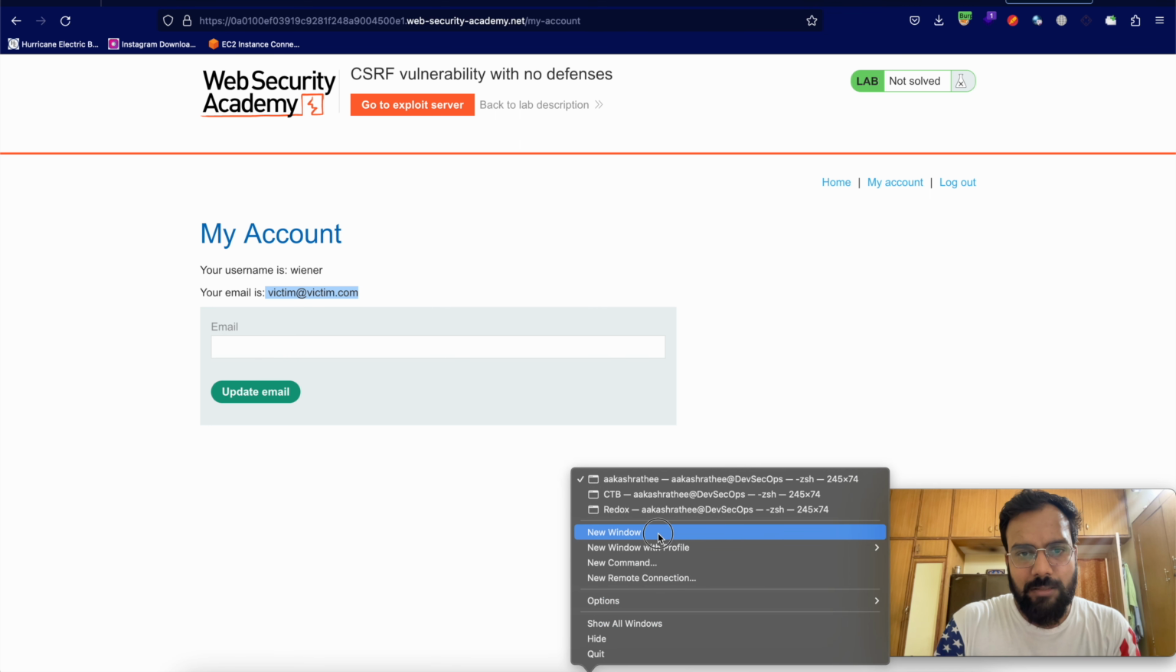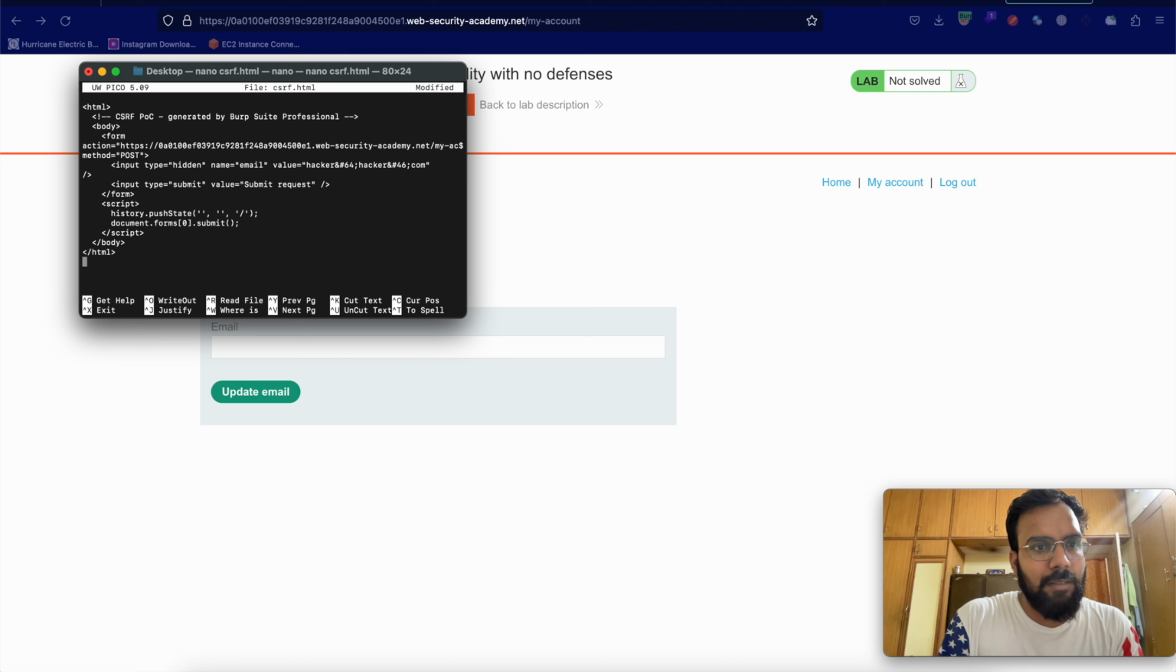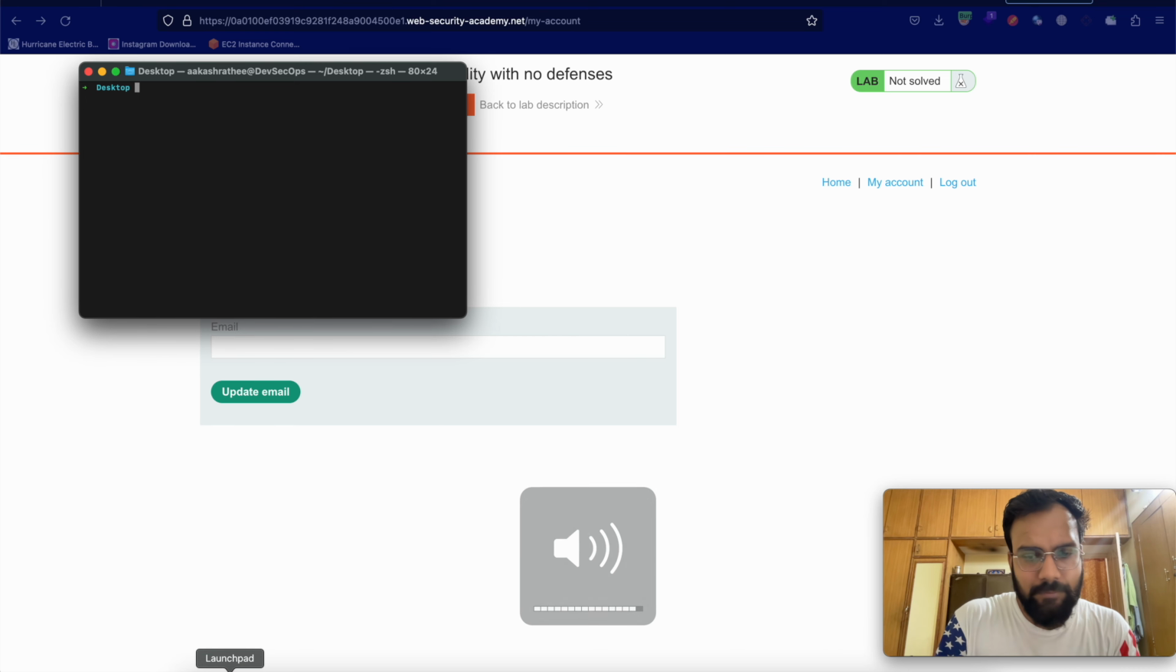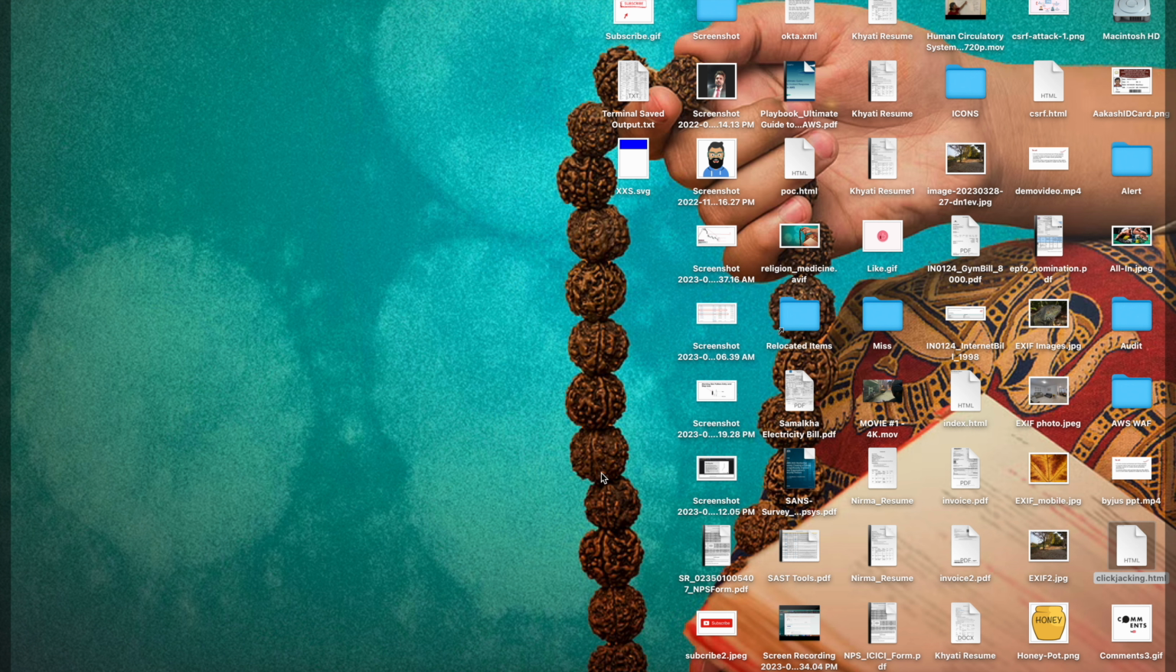okay, let's create a new window. Here, cd desktop, nano csrf.html. Let's remove this, I already have one POC over there. csrf.html, nano, control x. Okay, so now there will be one file on the desktop. Let's go to the desktop. Okay, so